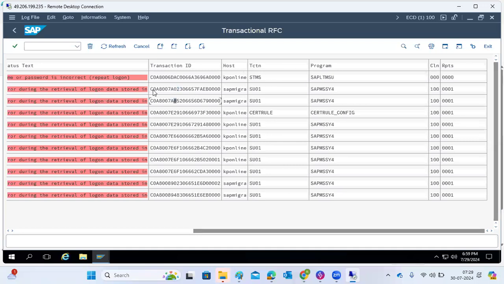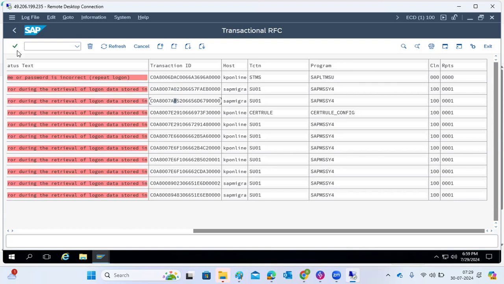In this way, we have a guarantee that it will not send duplicate data to the target system. If a transaction ID has failed, there is no duplicate data received by the target system. In case of any network issues or system issues, the system will not send any duplicate data. That is the